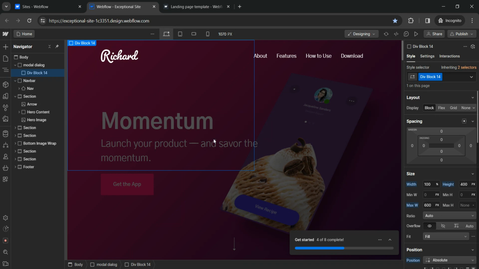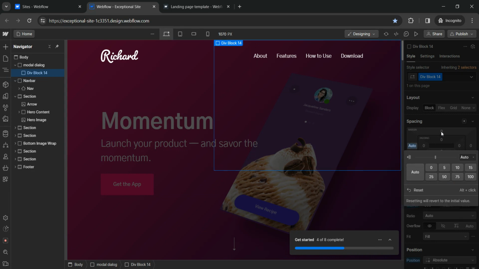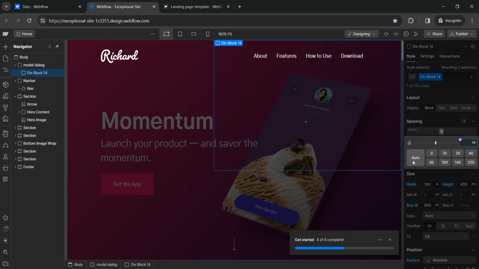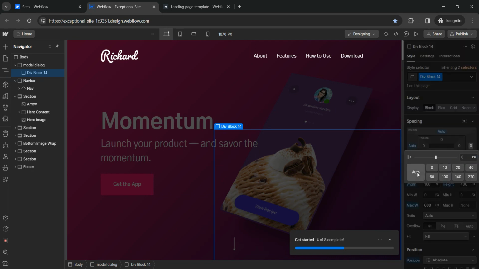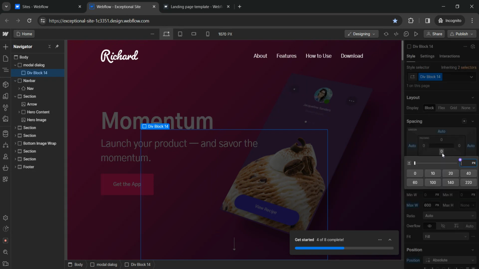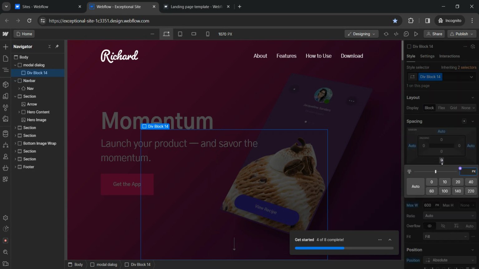Now we want this div to appear in the center of the website. For that, I'll just put margin auto from all sides, so that it will appear centered from both sides, vertically and horizontally. Okay, with this margin.